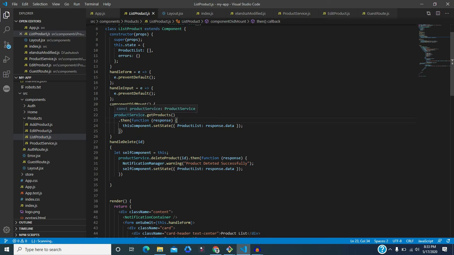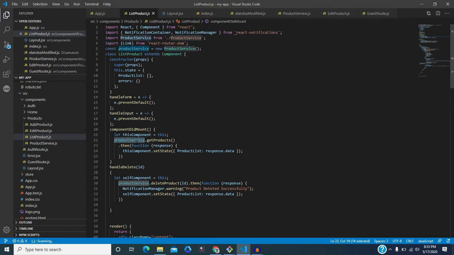And here you will find that we are using basically the product services. What is this product services? Basically we are importing the product services. A certain part is written in the services file, because to make it a little dynamic, we are writing these things like product services. We are making a service where all the API calls will be there.